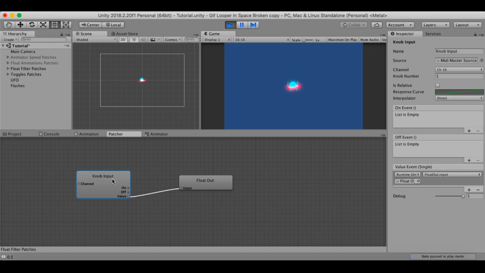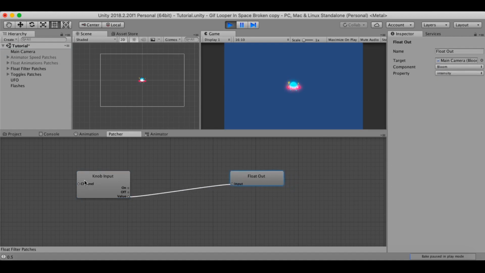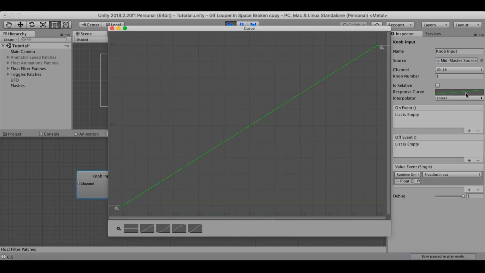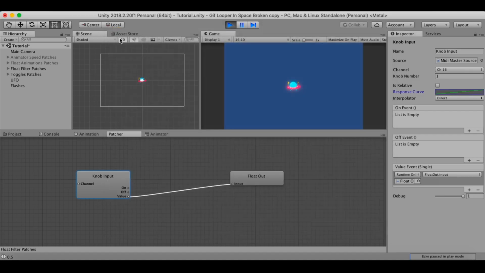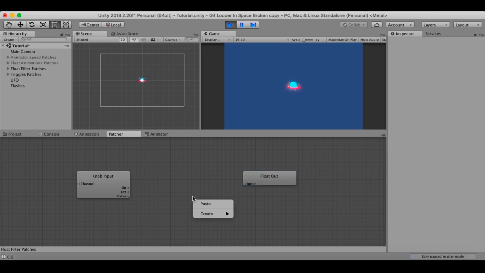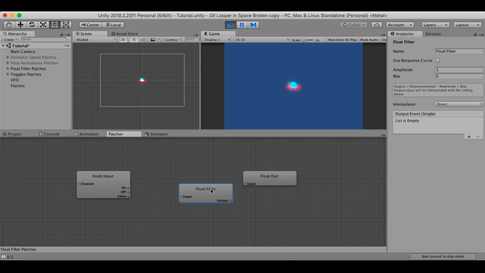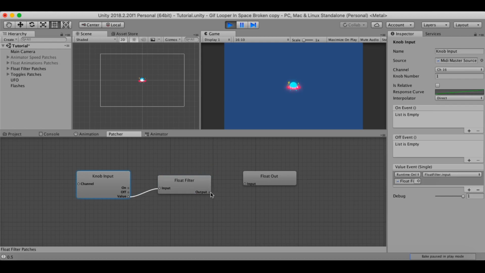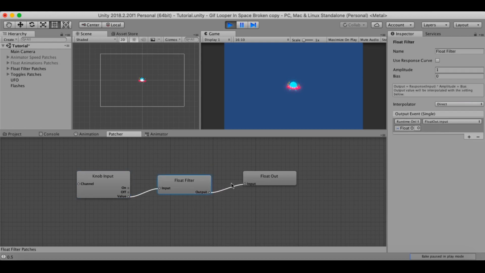There's also another way to get the same result, and first I'll click here to get the original response curve. Now it's back to 0, 0 to 1, 1, like the default one, and we'll be using a float filter. So create filter, float filter, here we go, and value input, output to input. And what this float